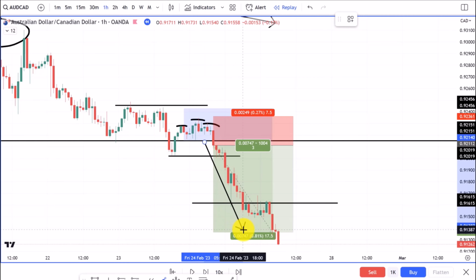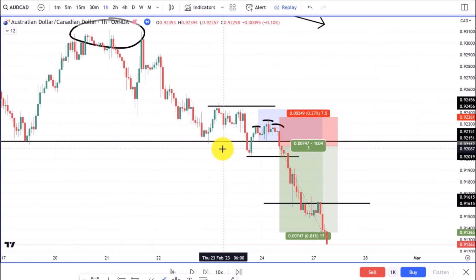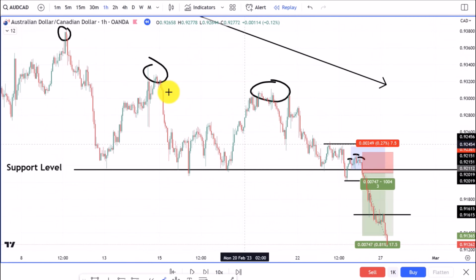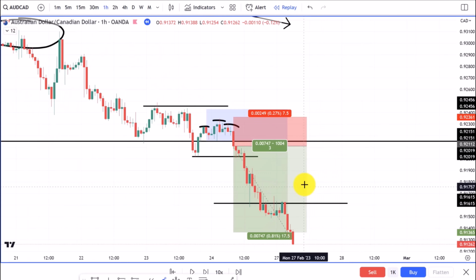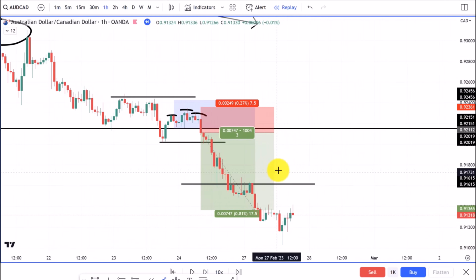Very often, again, not always, I have to really make that clear, nothing works 100%. Very often you will see this strong push when the bulls are completely withdrawing, when there are only sellers left, and when the trend is then resuming into the overall downtrend bearish direction. So really, really nice example here, what the price action is doing and how to trade breakouts in a very